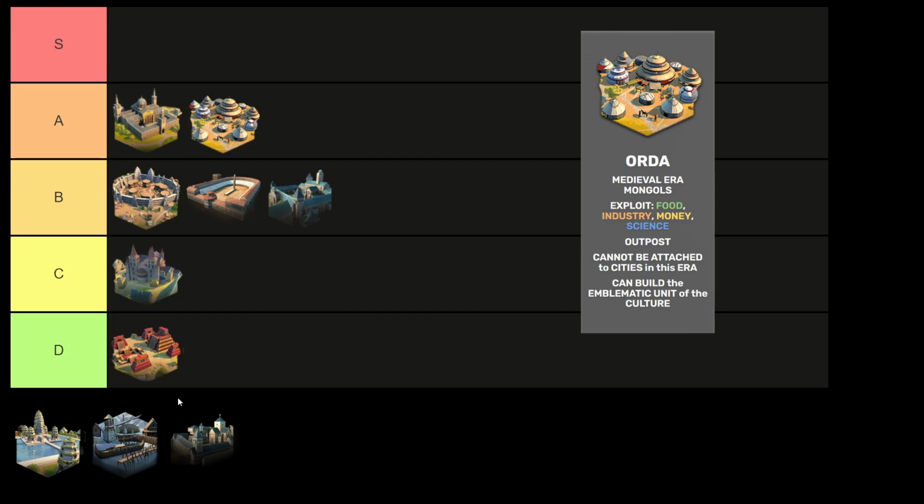They got a recent buff to go from 29 combat strength to 33 combat strength, so it's a little better than before. The cool things about the Orda is it doesn't cost anything to build, and they have the exploitation ability to pick up money and science, which actually makes a huge difference in my opinion for your outposts for this era. The inability to pick up expansionist stars because you cannot attach the Orda outpost is actually its biggest